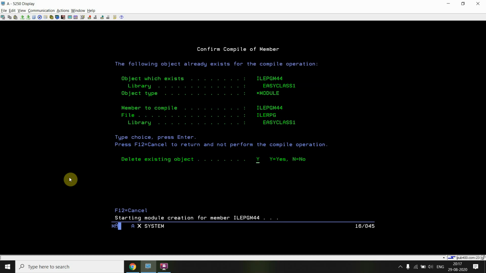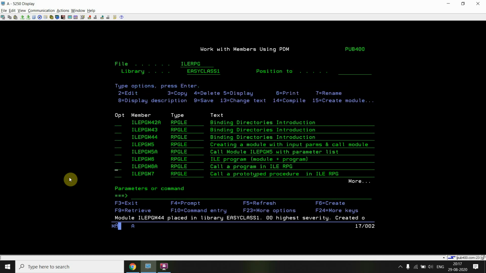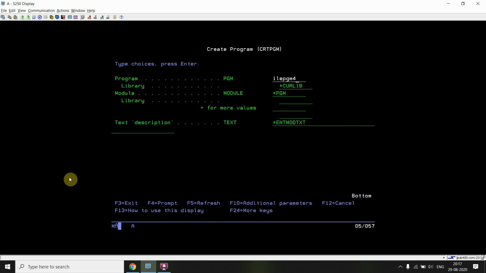So let's see it. You can see that the module is created. Now we will be creating a program ILE PGM44. The module is ILE PGM44.